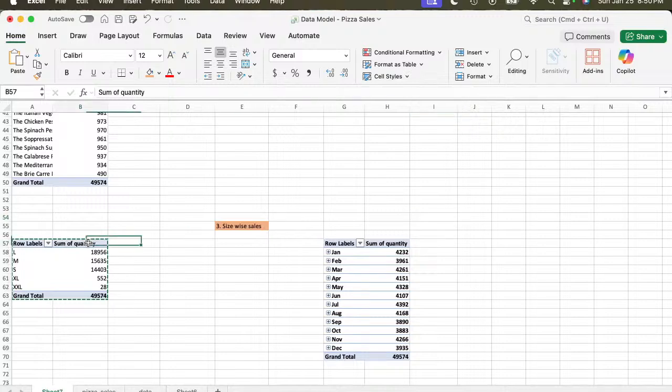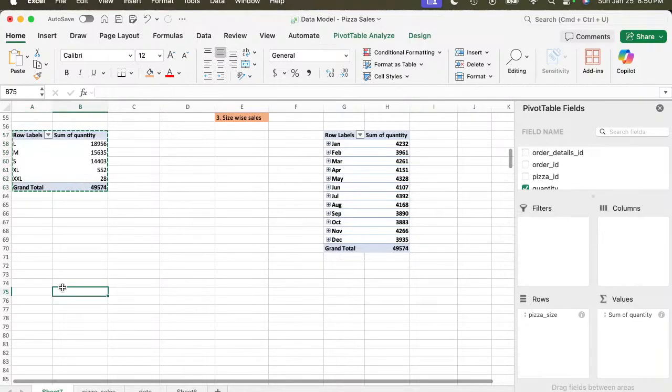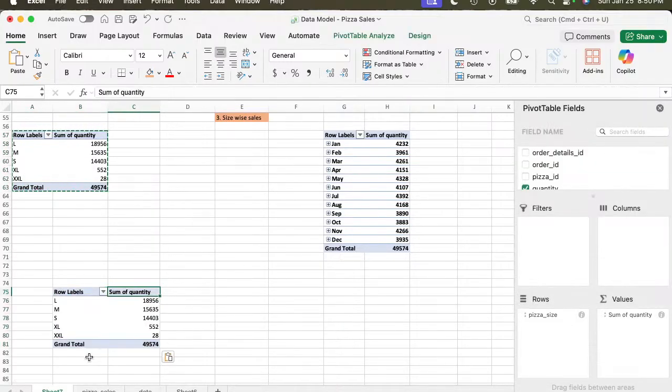Apart from this, if you want to apply some filter, suppose I want to find out one more problem, like what the sales are by size wise, and which pizza category sales, like size wise pizza category sale. So for that purpose we use the category option also in a